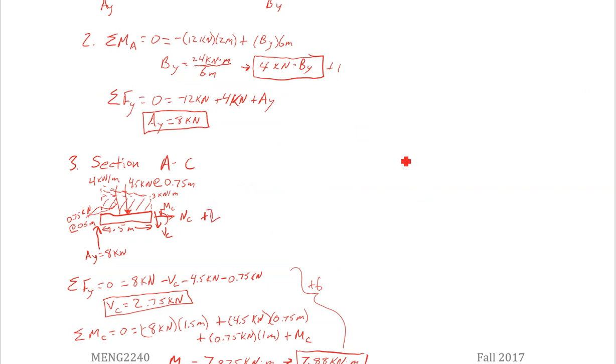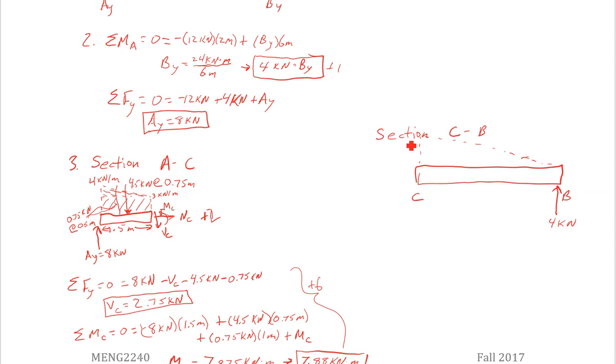Alright, so another way I could have done this is section C to B. The math is a little more straightforward here. So here's C, here's B. My reaction at B was 4 kilonewtons up. My distributed load in this case does go to 0 at the right side, and this is 3 kilonewtons per meter on the left, 0 on the right. This length here is 4.5 meters, so I have 3 times 4.5 times 1/2,